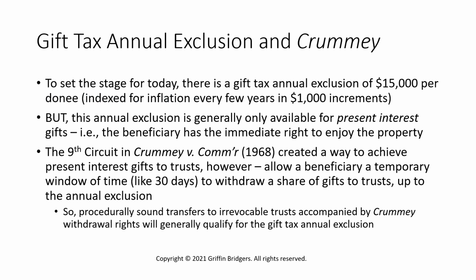where the Crummey family created a way to achieve present interest gifts to trusts by giving beneficiaries a temporary window of time, usually 30 days, to withdraw a share of any gifts to trusts up to the annual exclusion. So, in other words, if you make a transfer to a trust, the beneficiary could withdraw up to the annual exclusion, or if less, their proportionate share of the transfer to the trust. So, if you make procedurally sound transfers within the requirements of Crummey that have been developed, you'll generally qualify for the gift tax annual exclusion, which means you don't have to worry about filing a gift tax return, you don't have to worry about using up any of your gift tax applicable credit. It's a great way to fund trusts, especially things like irrevocable life insurance trusts or ILITs, which require premium payment